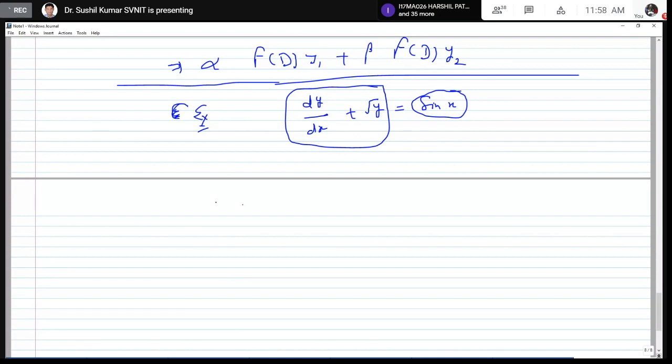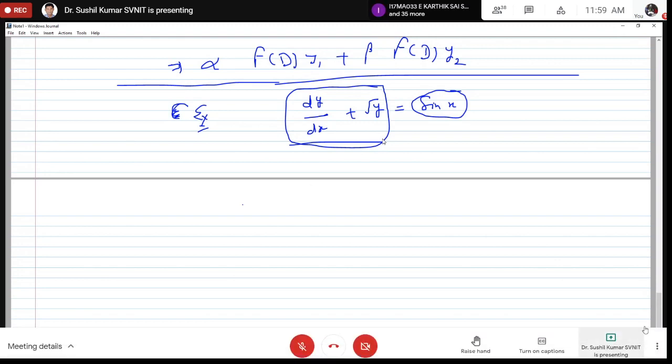See, if out of these two conditions, means T of u1 plus u2 or T of alpha u, any one is not true, then your transformation will not be linear. So if we can prove that this is not true for any of these two conditions, then it will be non-linear. But for linearity, you have to show that it is true for both conditions, T of u1 plus u2 and T of alpha u. But for non-linearity, just check one condition and show that it is not satisfied. So I'll do the same thing here.